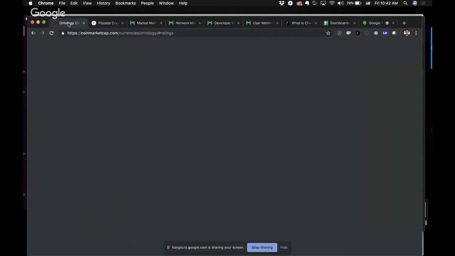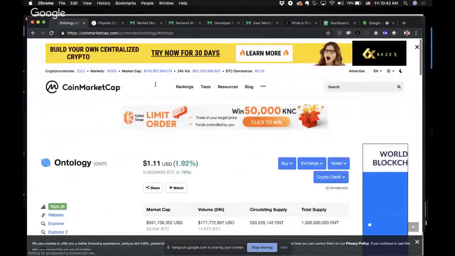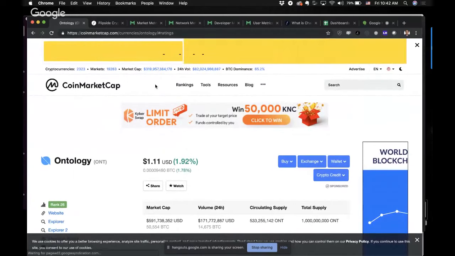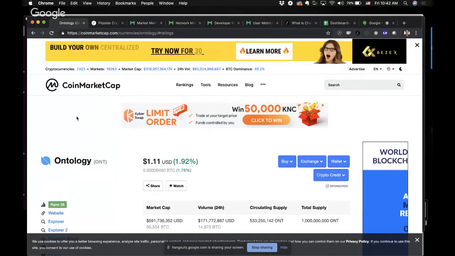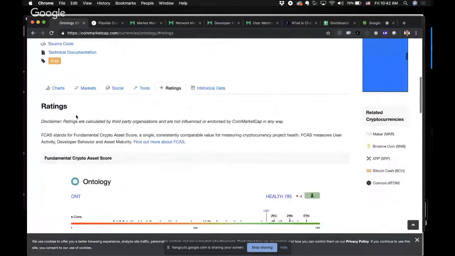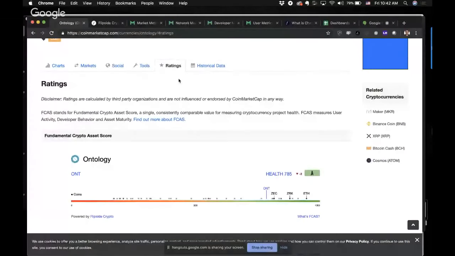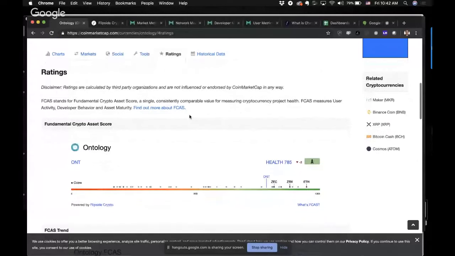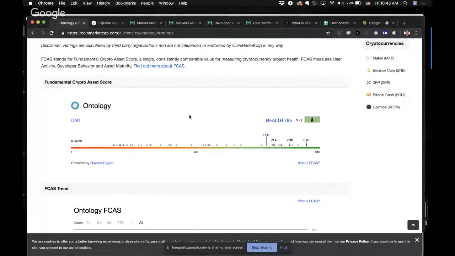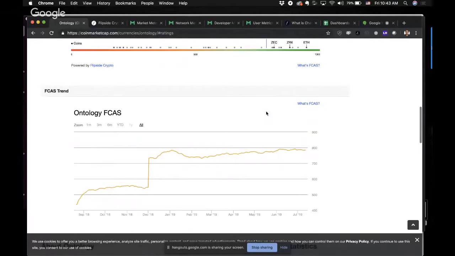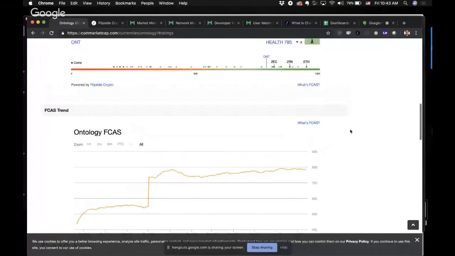There's Carolyn again. Okay. All right. So the first thing we're going to show you is things you've probably seen many times. This is CoinMarketCap's page. And if you go down to the ratings tab right here, you will see actually the ratings that we provide right there. So we're going to show you Ontology, who's one of our partners. They're rated an A. Very healthy asset. You can see some of their trend over time here, so they're continuing to do quite well.